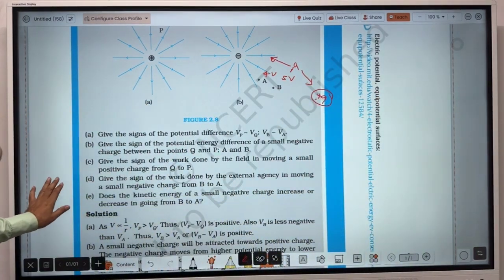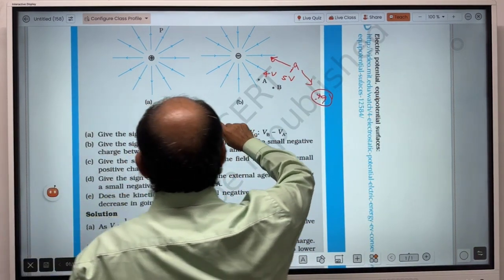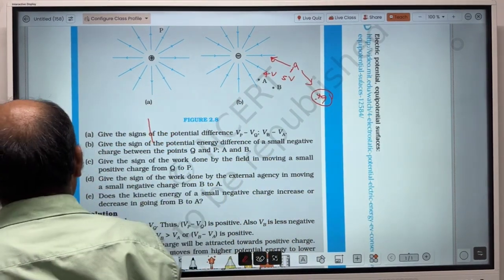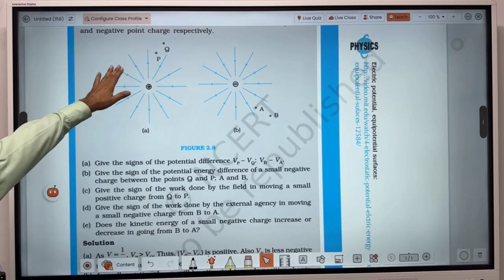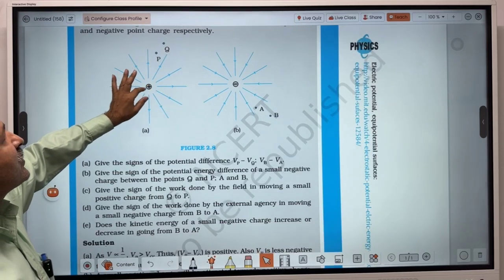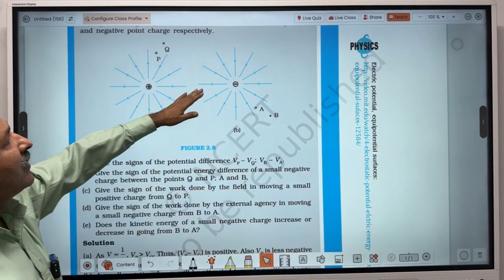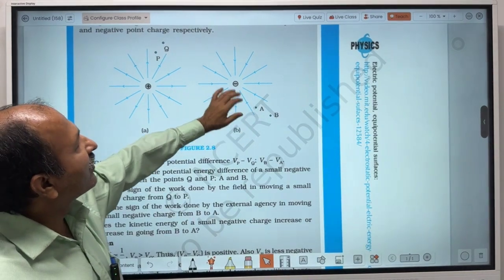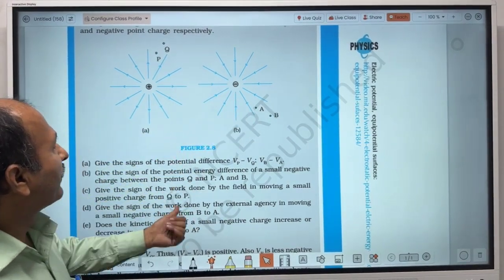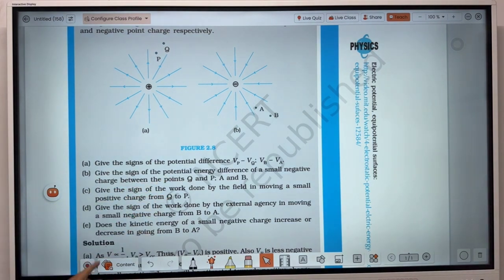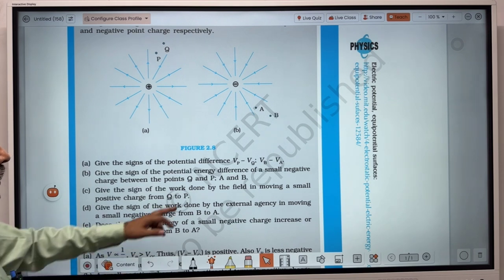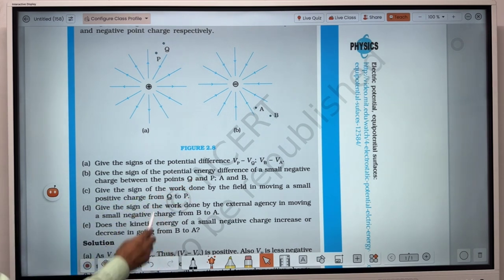And is there any other point that I left? So here the first one was, let's reanalyze. Give the sign of potential difference. As I told you, closer to positive charge, potential will be higher, and closer to negative charge, potential will be lower. So this is one concept. Second, give the sign of the potential energy of a small negative charge between the points Q and P. Here this question can be analyzed the other way around also,